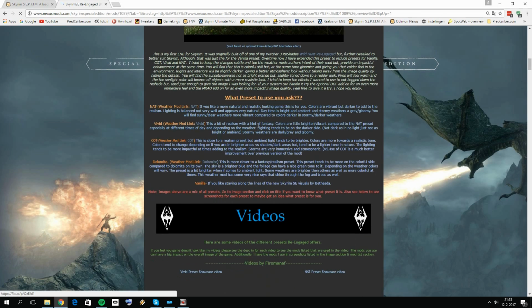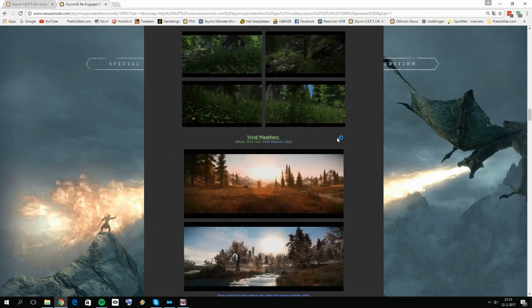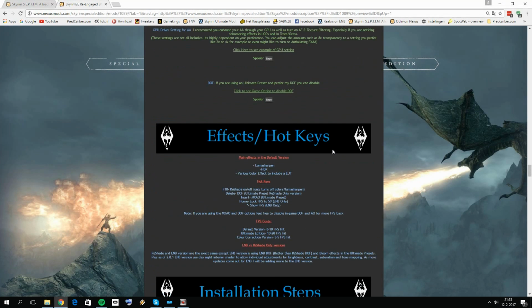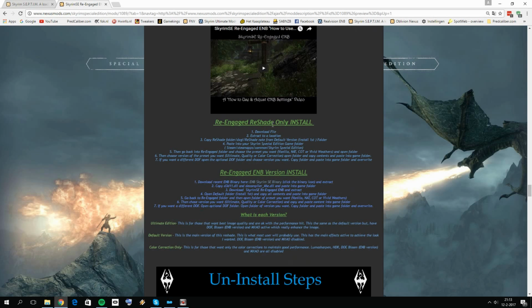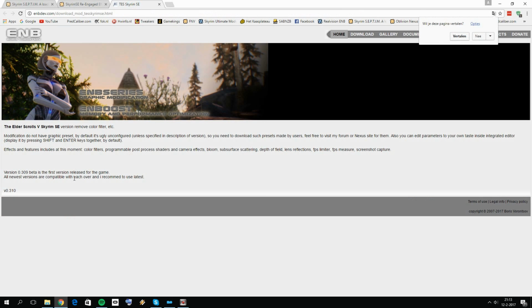And let me check if there is a link to that here, to the latest ENB binaries in game settings. Installation steps. Okay, download ReShade. Yeah, okay, here we can find it. Go to the Re-Engaged ReShade and ENB websites. Sorry, the mod page, and here you'll find this link, which pretty much links to the latest version of the ENB binaries. Download this one, version